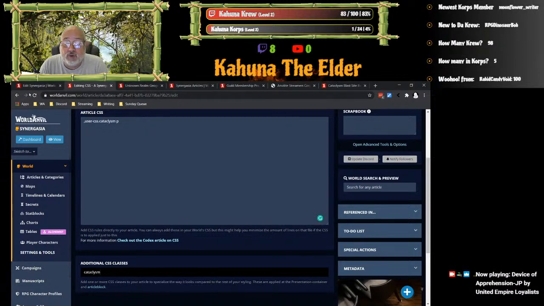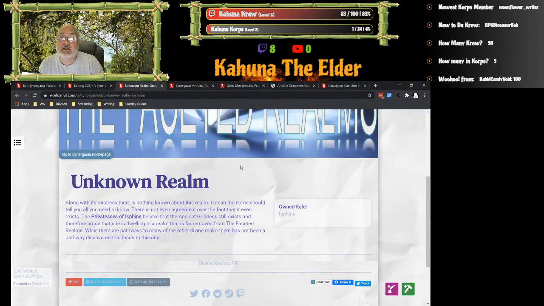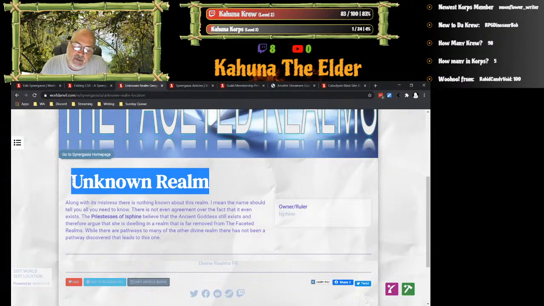Now, tools for working with CSS. The number one tool that you should learn to work with is the inspect function on your browser. The vast majority of people are using Chrome. Chrome is the easiest way to do this. If you want to find out how something is classified in CSS, all you have to do is something as simple as highlight it, right click, and then click inspect.